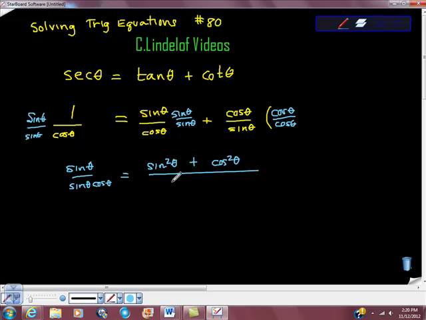This is good news, over sine theta cosine theta. So if you don't mind, I'm going to take my substitution value here. We know that sine squared theta plus cosine squared theta is equal to 1. Then I'm just going to move it over and get sine theta minus 1 over sine theta cosine theta